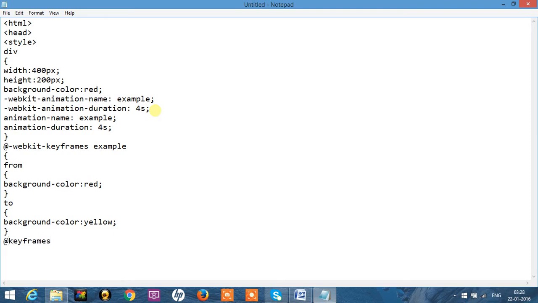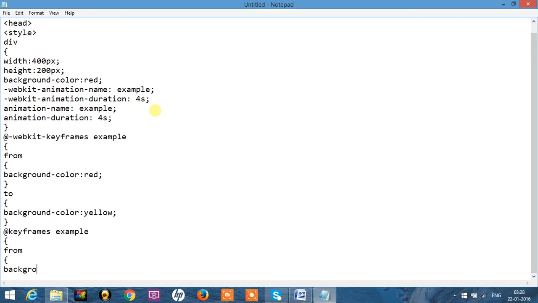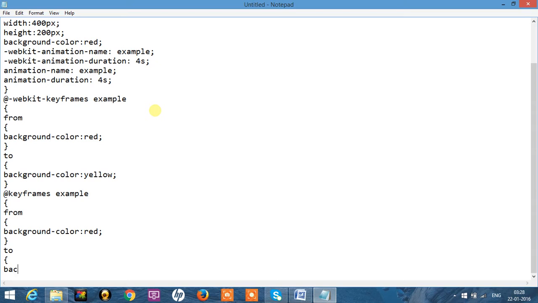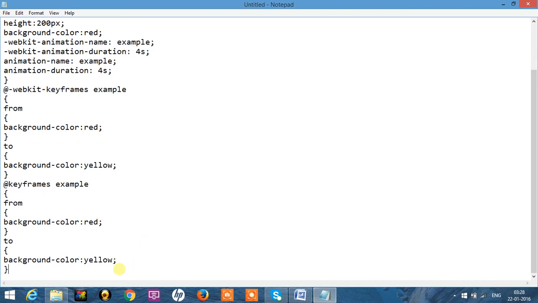And this is the name of the animation, and from background, the background color is red, and close that and open to, the background color is yellow. And here close the style tag.